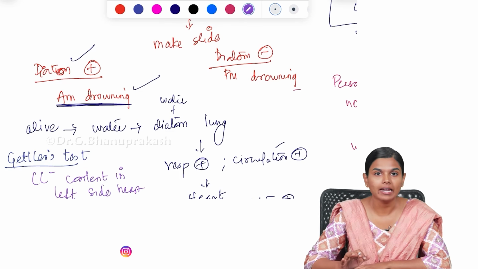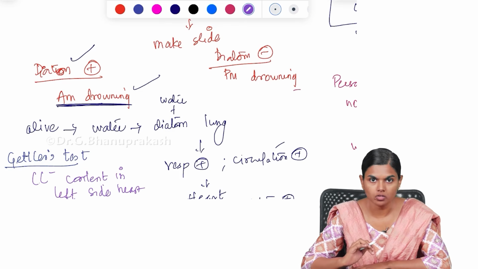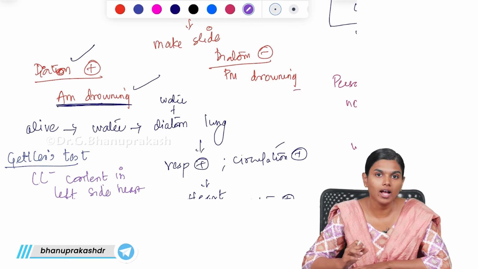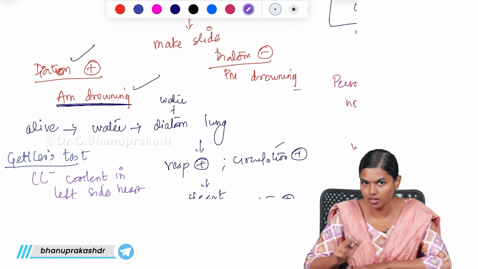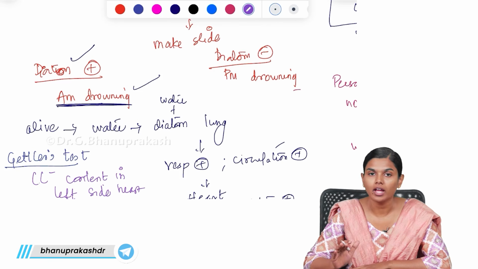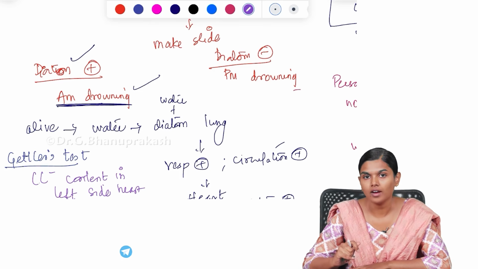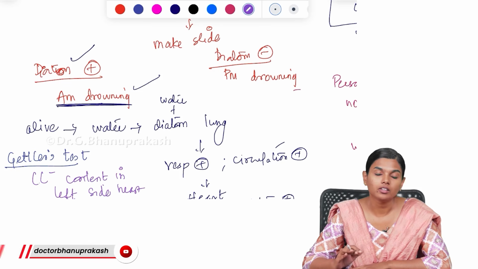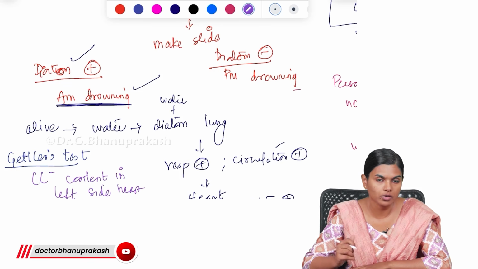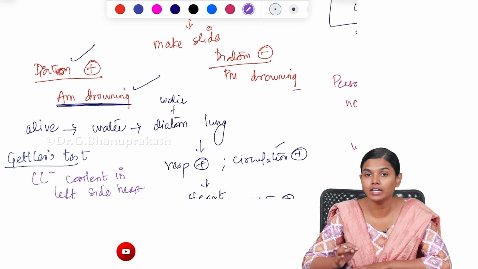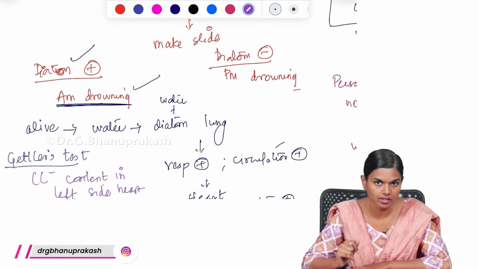So with this, we are ending this mechanical asphyxia topic. So mechanical asphyxia, till now we saw hanging, strangulation, suffocation and finally drowning. In hanging, the most important thing we have to know is the definitions, and what are the types of hanging and what are the types of strangulation, and the most important question they will be asking you in hanging is the mechanism of death, then the internal and external findings, then about manual strangulation, what are the internal findings, and what are the differences between hanging and strangulation they will be asking you.